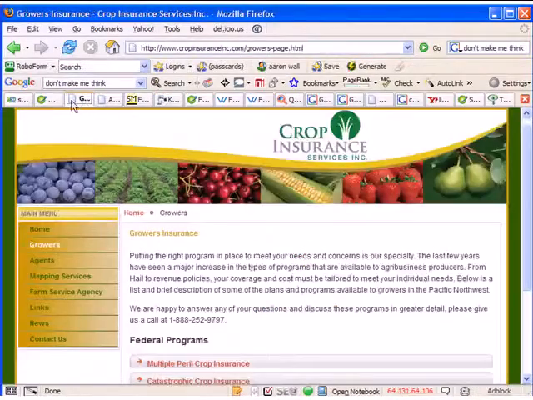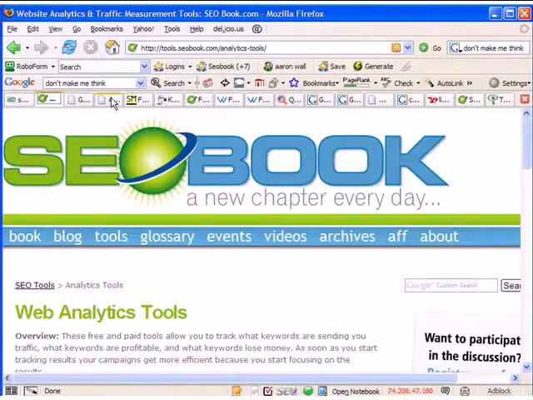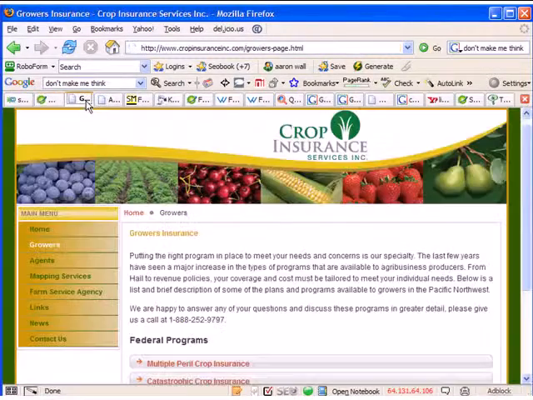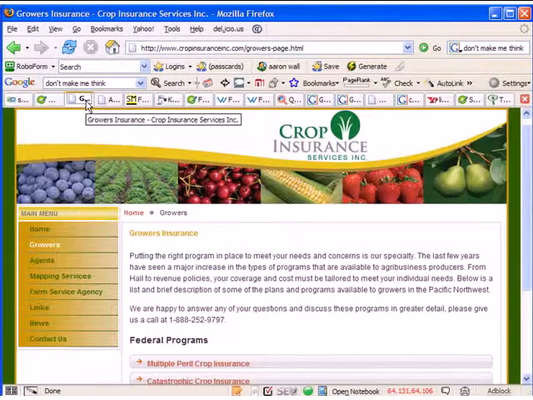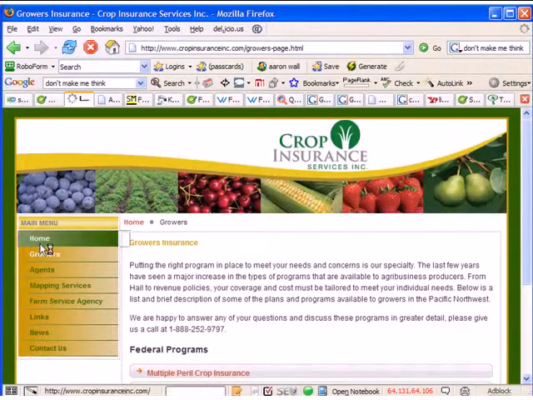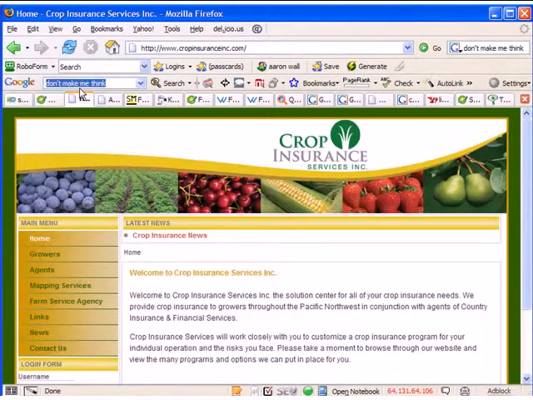So, having said all that, one of the first steps for on-page SEO is to see where you're already at. You have to have some sort of analytics in place to know where you're at, to see what pages are important, what pages could use some work, and that sort of stuff. If you're not tracking, you really don't know what's going on. So here's a website that someone recently asked me to look at, asking how they could optimize their site better. So if you go to their home page,